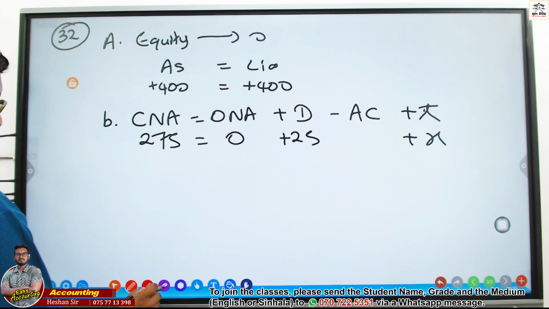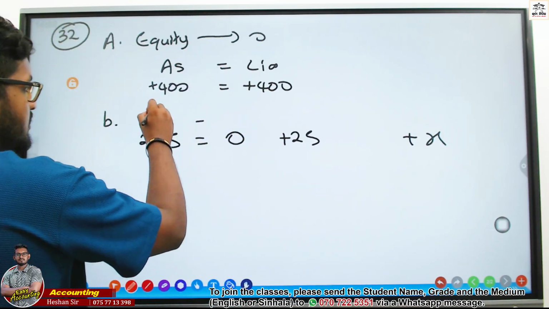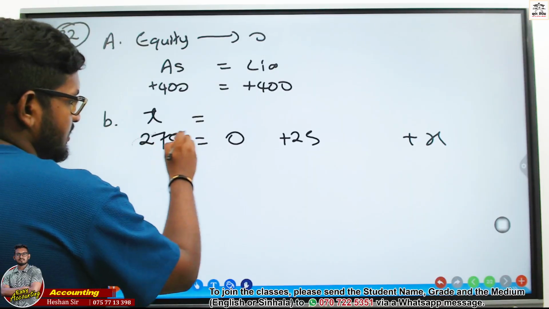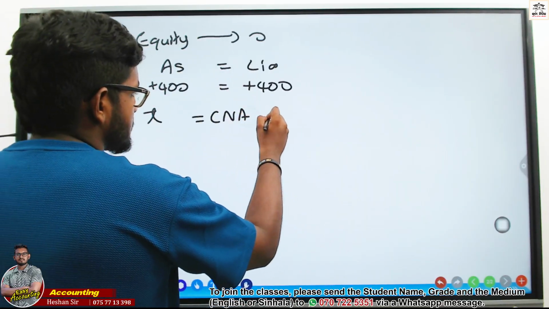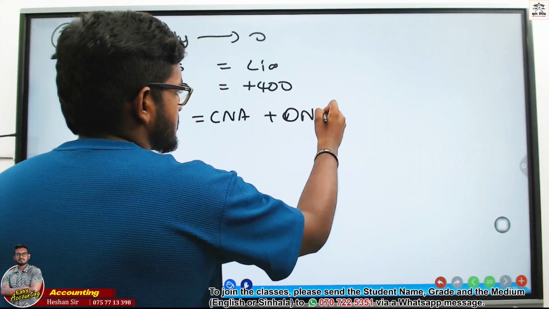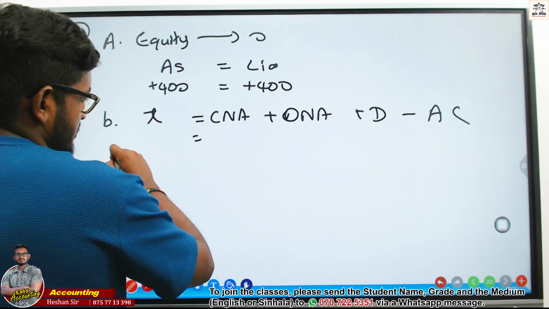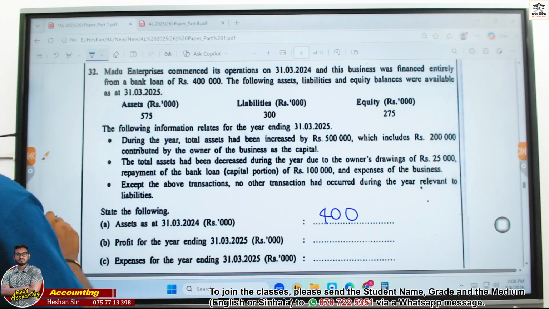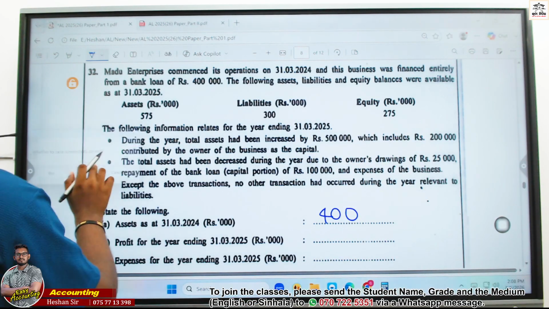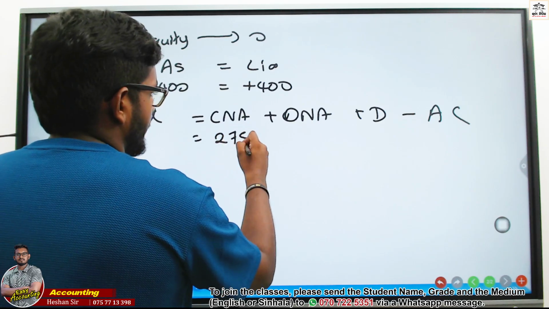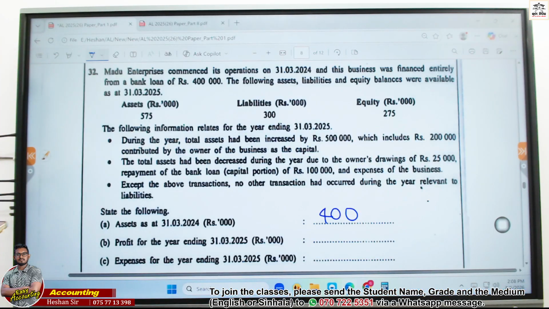අපි profit equation එක ලිව්වා වැරදිනේ. ඒ normal විදිහට දැම්මේ: closing net assets minus opening net assets plus drawings minus additional capital. Let's see. Closing net assets is given, 275. Opening net assets 0, drawings 25, right? So any additional capital,